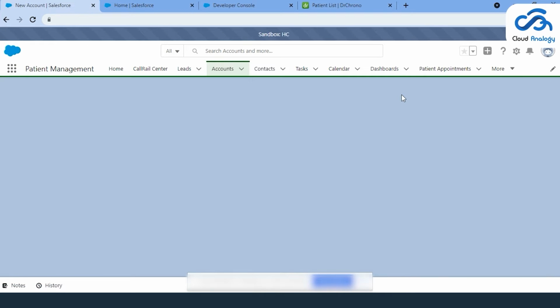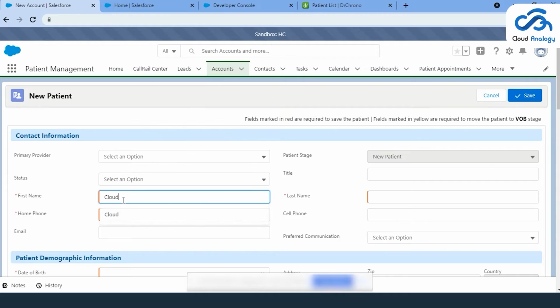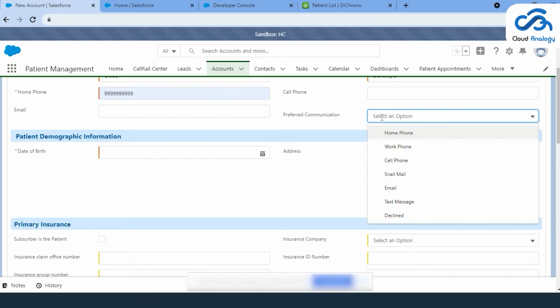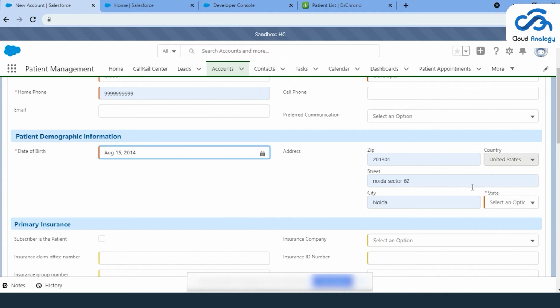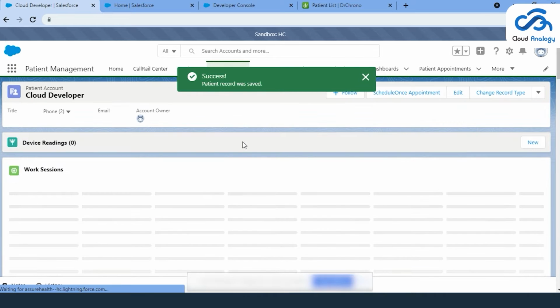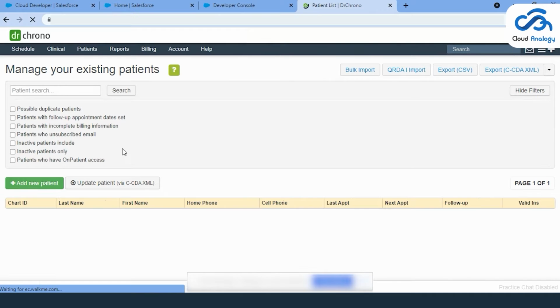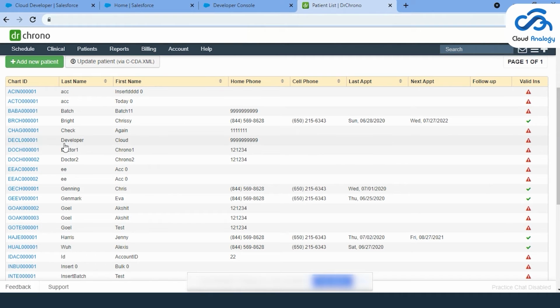Let's see how. Let's fill the required field first. I fill the first name as Cloud and the second name as developer. And the state, mobile number, we need to fill all the required fields. So now, let's save this and move to the Dr. Chrono API. Now refresh it and as you see, the first name is Cloud and the last name is a